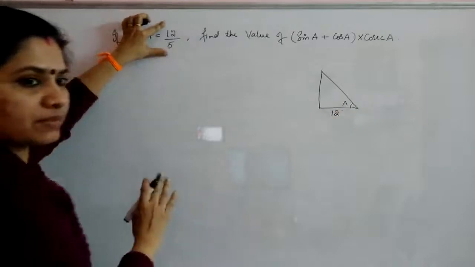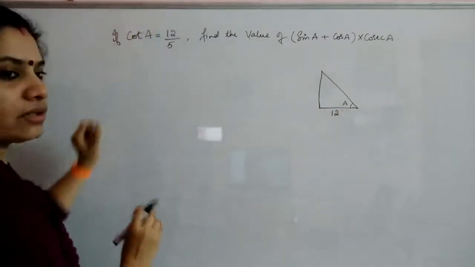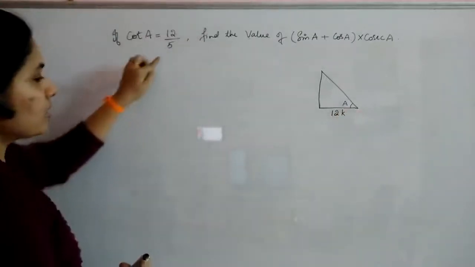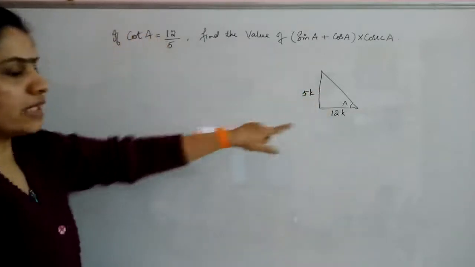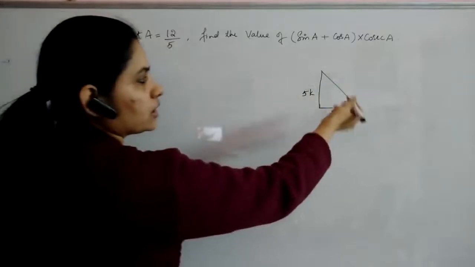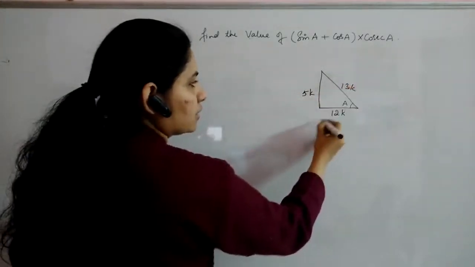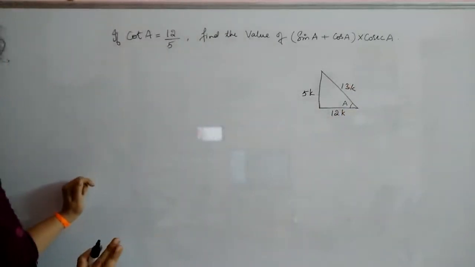We know that it is a fraction, meaning you have something in common which you have already cancelled and we are getting this fraction, so that we can take that constant as k. So we can write this as some 12k and the opposite side as some 5k, so that when you take cot A you will get 12 by 5. Okay, now what will be the other one? Using your Pythagoras theorem, what will you get? It will be 13k. You just check. You will get it to be 13k. It is a triad forming 5, 12 and 13, right?